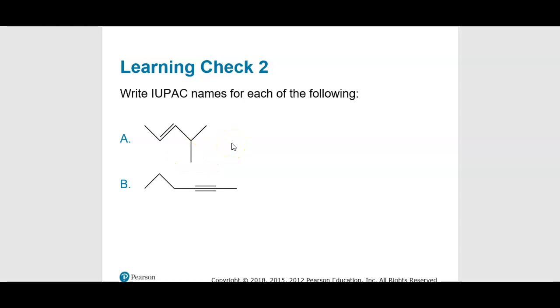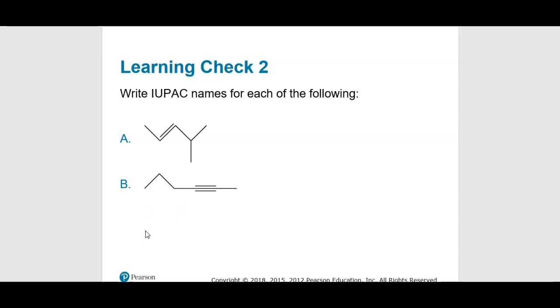So that's a little bit of a change from what you remember of just putting the substituents there and they all get the lowest possible number. Well, no, this time the double bond gets the lowest possible number, and the substituents are numbered accordingly. So this is going to be 4-methyl-2-pentene. All right. The next one, B, is an alkyne, and this one's going to be a little easier because